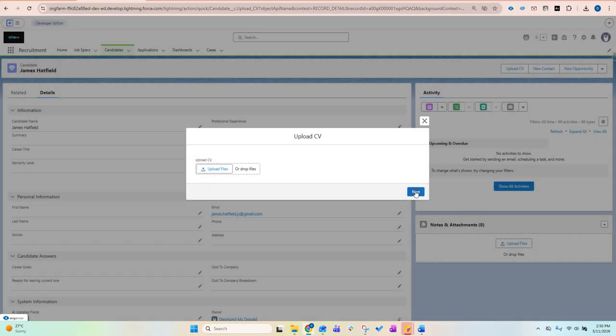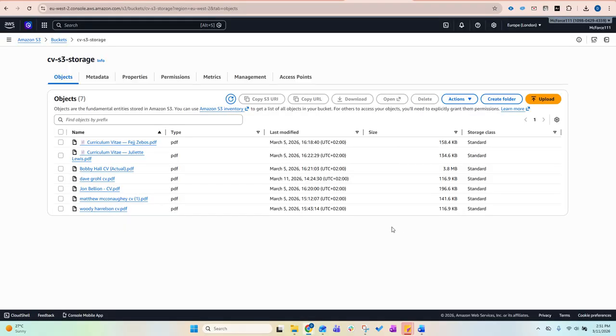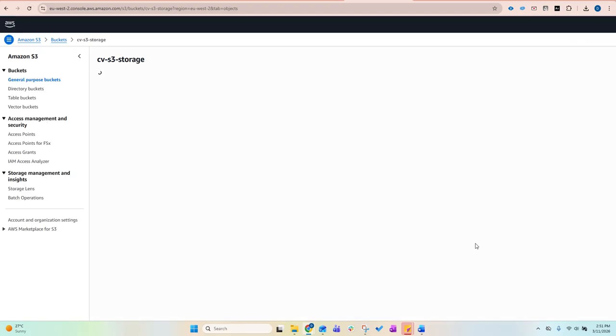And then on the screen flow, I also have an Apex class that we are using to send the physical PDF document to S3, not the content version record details, the actual CV. So if we go into our S3 bucket, I'm going to refresh,